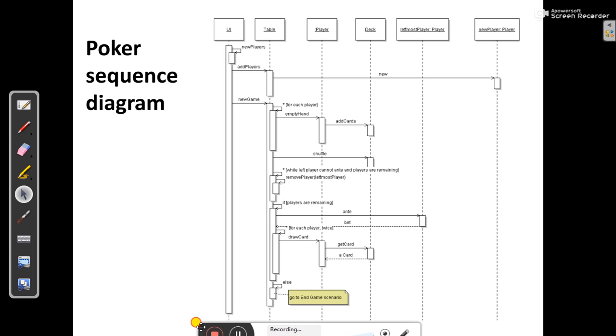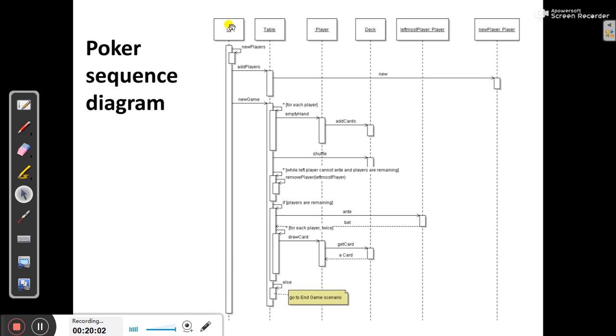So here you can see this is the sequence diagram. This is the user interface. First, starting from this one, it will search for new players, that's this nested part. Then it will add the player in the table. If it finds new players, it will add the players, go to the table, and create a new object, new player. New player is the object name, and then this is the class type. Again the UI will create a new game, and again here you can see this is nested